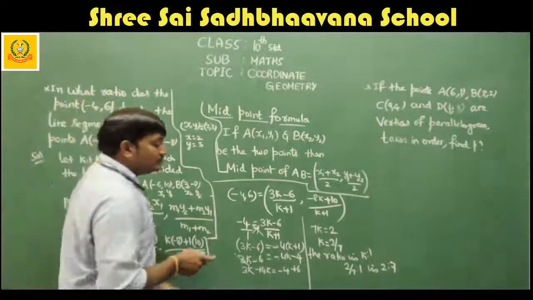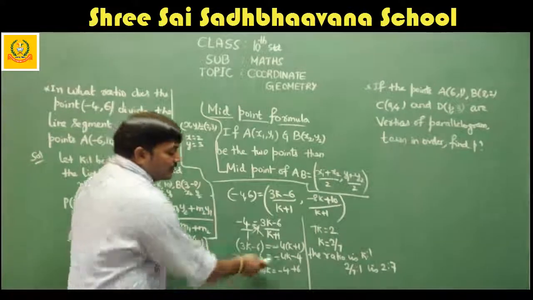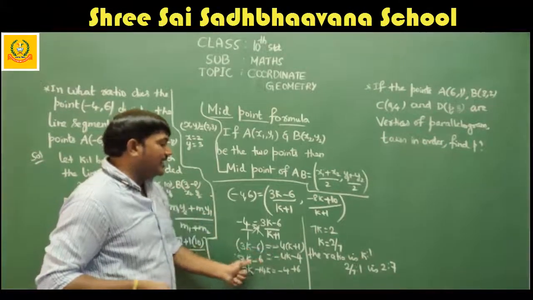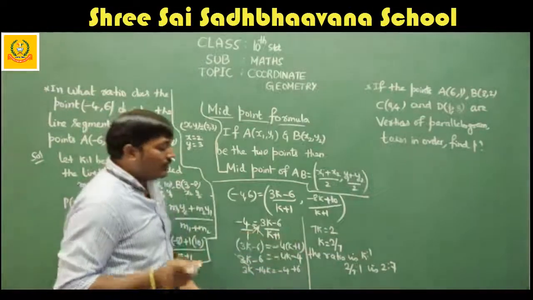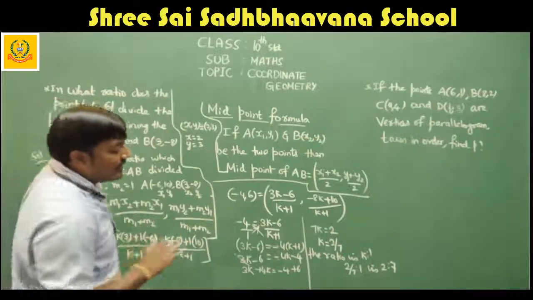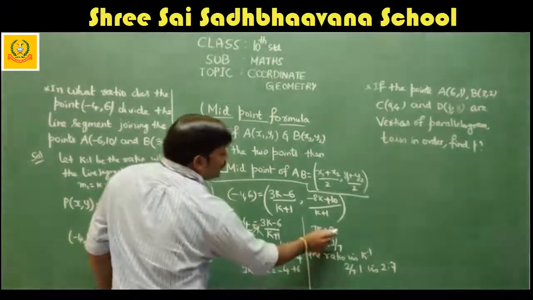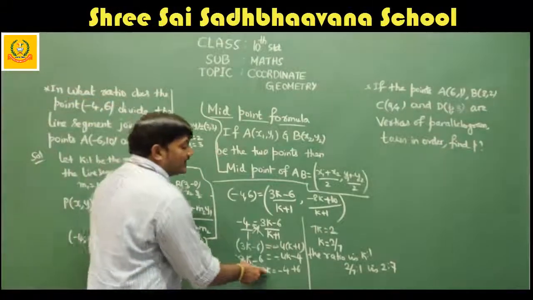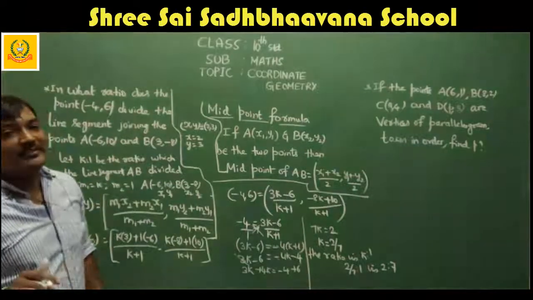So now, just take the like terms to one side. See, minus 4k, 3k. So take minus 4k to the other side. So what happens? 3k plus 4k it will be. And minus 6 will go to that side. So remember, you should be very careful with the changing of signs. So minus 6 will become plus 6. So 6 minus 4, which will give you 2. Okay? And 4k plus 3k, 7k. So 7k is equal to 2, k is equal to 2 by 7.